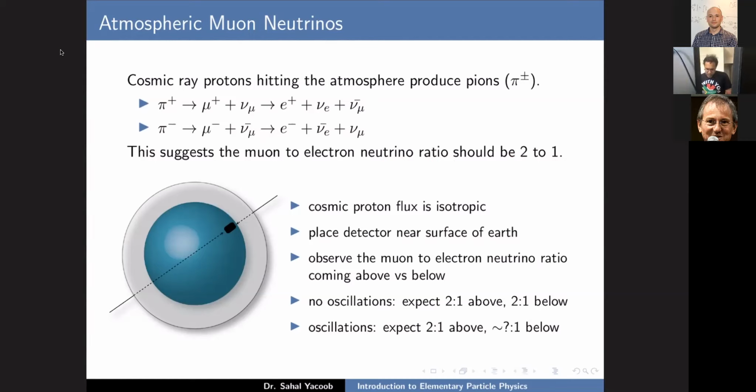What was done is in Japan at the Super Kamiokande detector, they placed a detector and they measured the signal coming from the upper atmosphere and the signal having passed through the Earth. And if they measured exactly the same thing, then we'd say there's no muon oscillation. If they measured them to be different, then we would say that because from the top of the atmosphere to the detector, we have a short distance there and a long distance there,